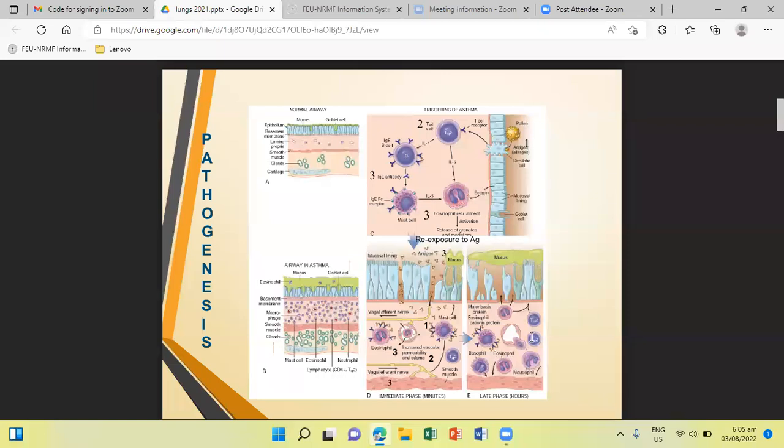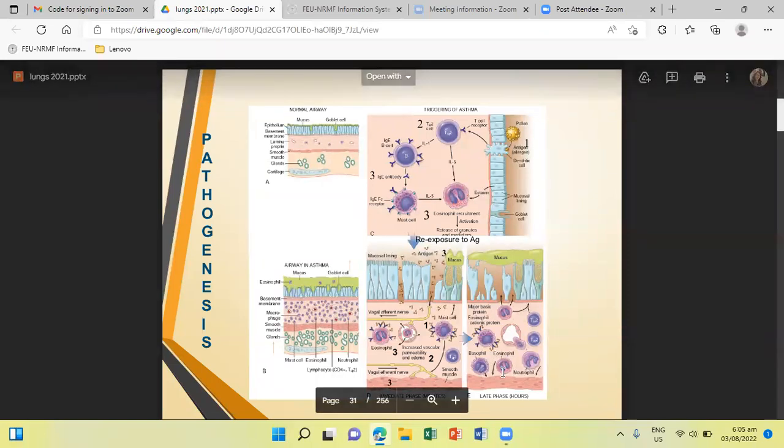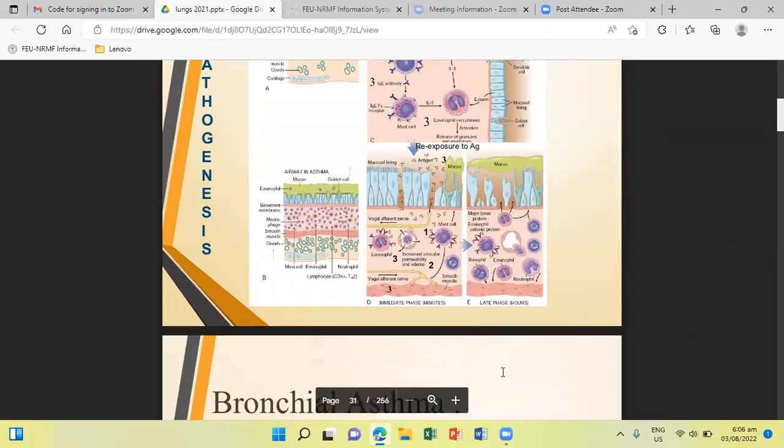On illustration E, leukocytes are recruited to the site of reaction. As you can see there, a mixture of neutrophils, eosinophils, basophils, lymphocytes, and monocytes will release additional mediators, which will initiate the late phase of asthma. Several factors are released from eosinophils. The ones most notably mentioned in your book would be major basic protein and eosinophilic cationic protein, which will cause further damage to the endothelium.